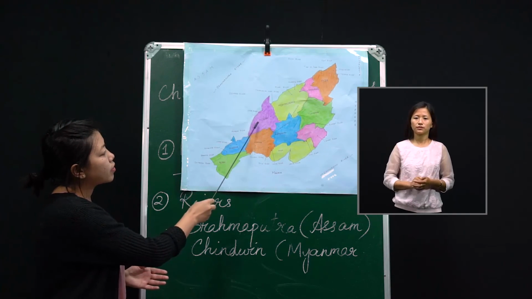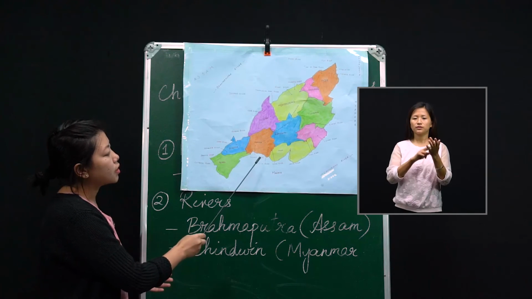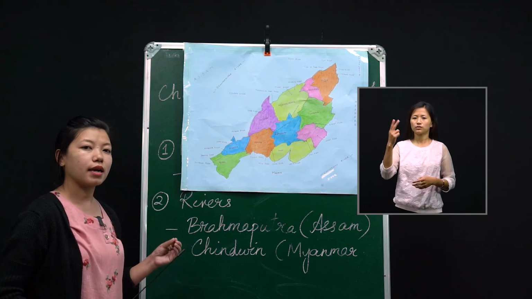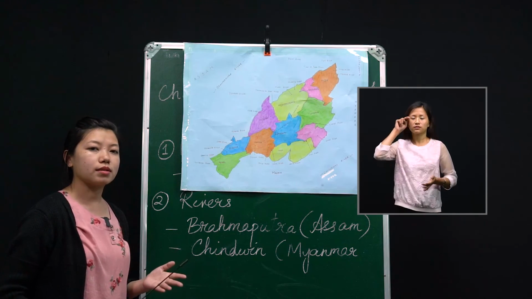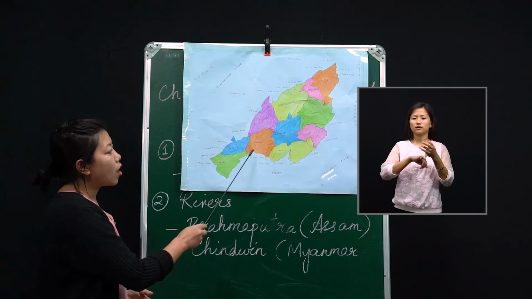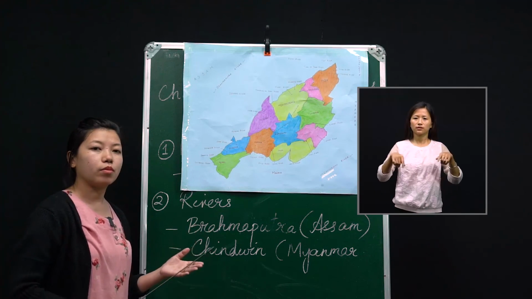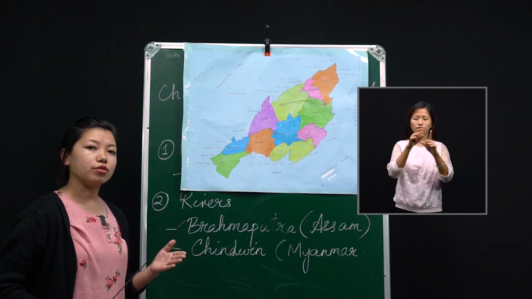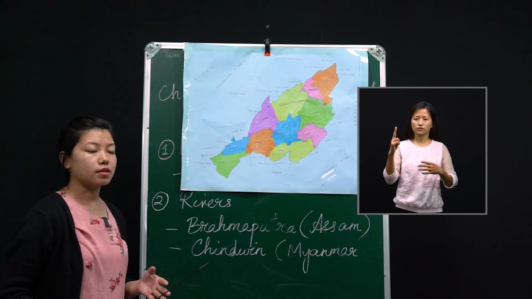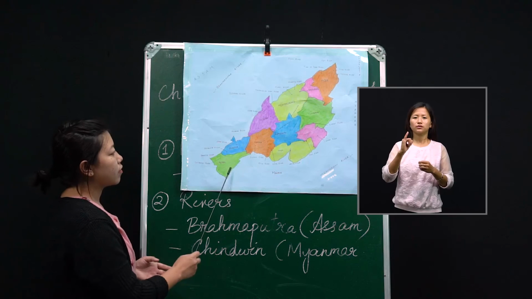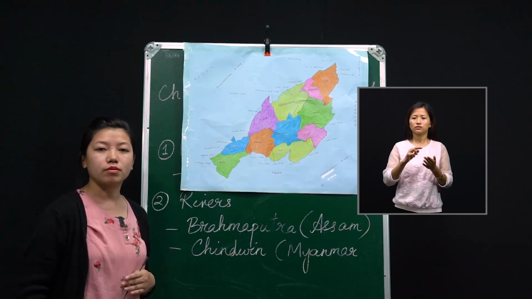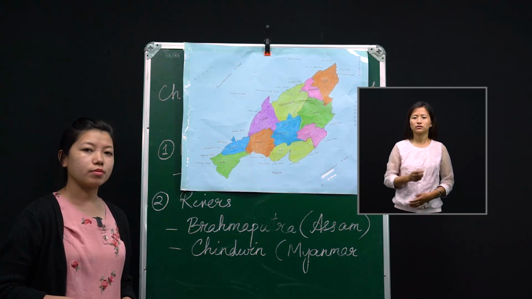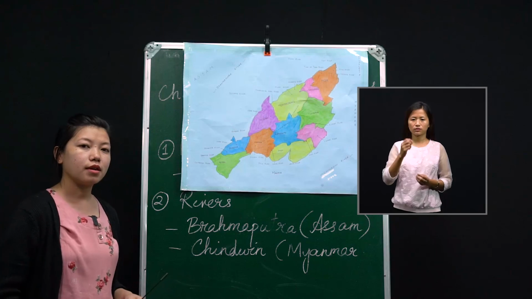And when the Doyang River enters Nagaland, it divides itself into 2 rivers. There are 2 tributaries of Doyang inside Nagaland. One is the Zi and one is the Sidzi. And when it comes out from the Nagaland border, this Doyang River is again divided into 2. One is the Chubi River and one is the Chudi River. All right. So that's all about the mountains and rivers. I hope you have understood. I also request you to kindly go through your textbook so that you can understand the locations even better. Thank you so much.